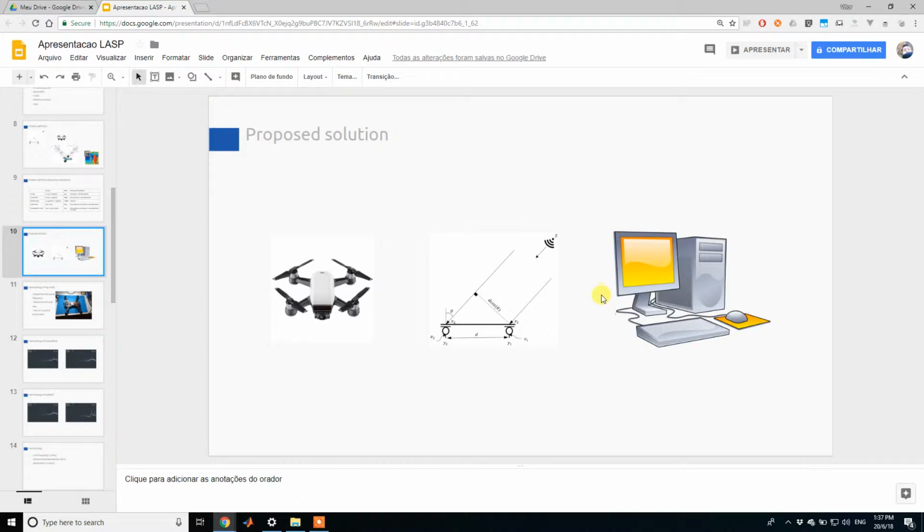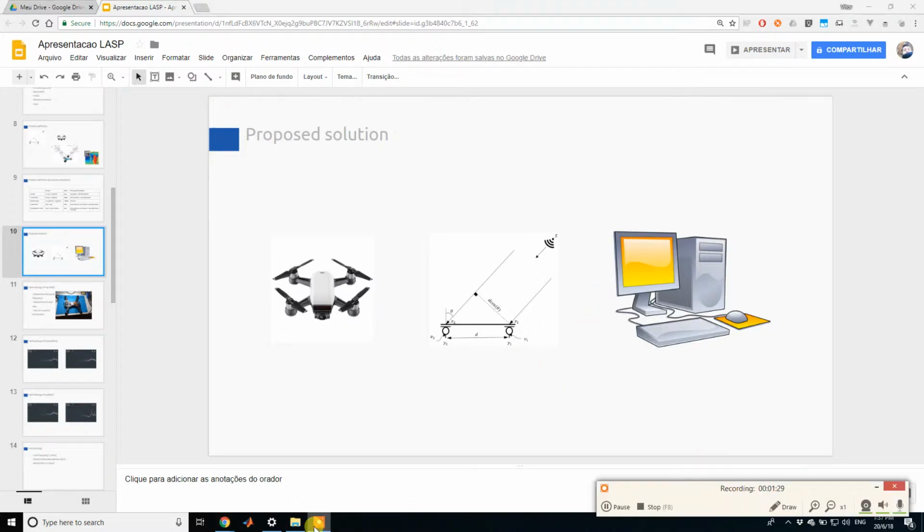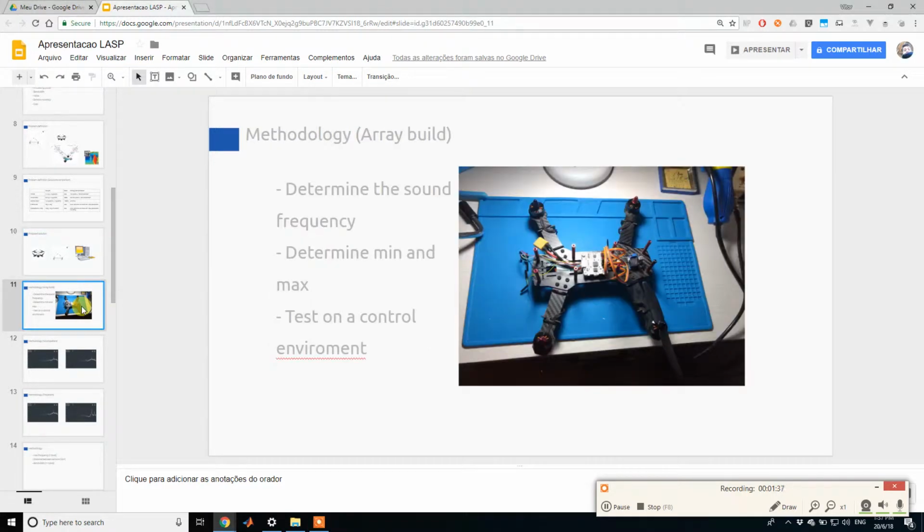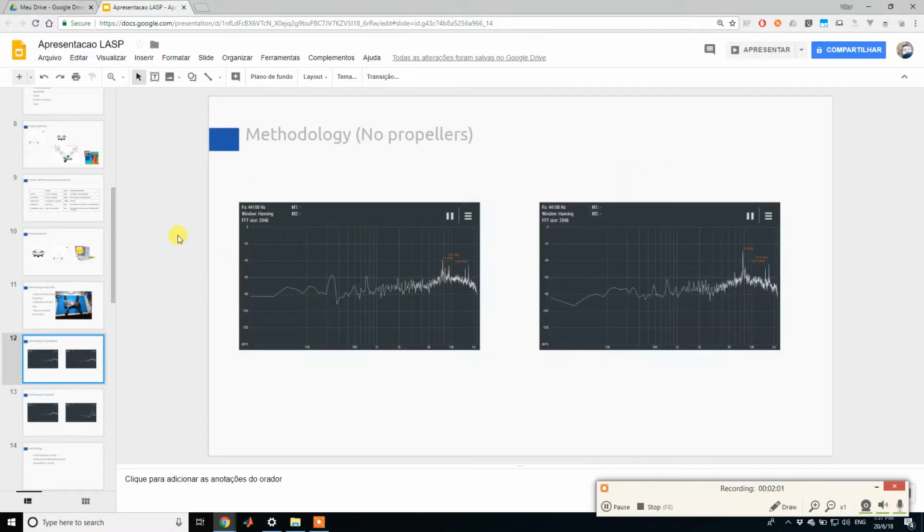location. The SLAM is the location of the system. So to do that, we have many steps. First, build the array. To do that, you have to determine a group of variables. That is mainly the frequency that is the motor emitting the sound, and see how the noise interferes in these captures. So to do that, we use an oscilloscope